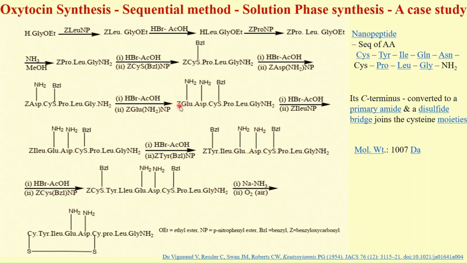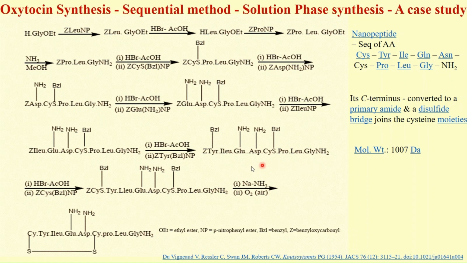The glutamine amino group is deprotected by using the same reagent, HBr and acetic acid, and treated with N-protected isoleucine to give rise to the corresponding isoleucinyl, glutaminyl, asparaginyl, cysteinyl, prolyl, leucyl, glycinamide. The deprotection is carried out by using the same reagent and then treated with N-protected tyrosine to give rise to an octapeptide,